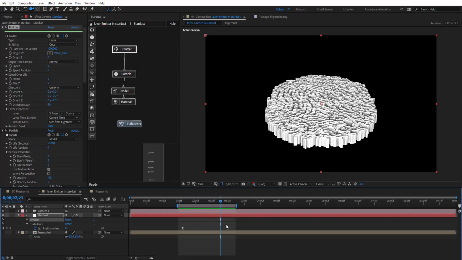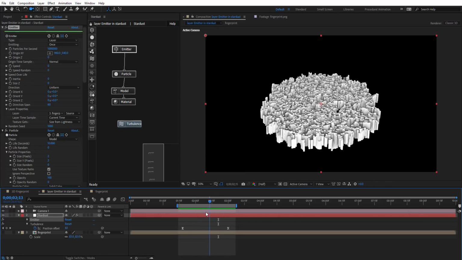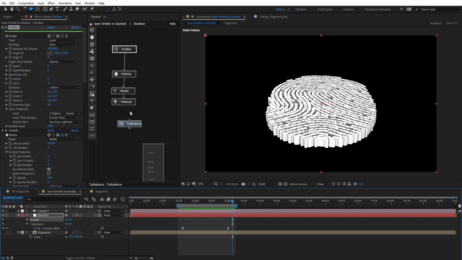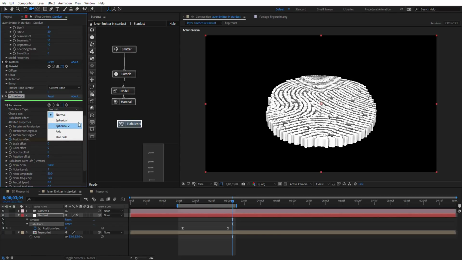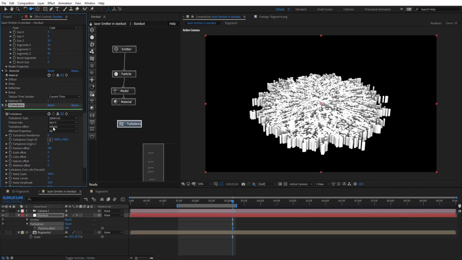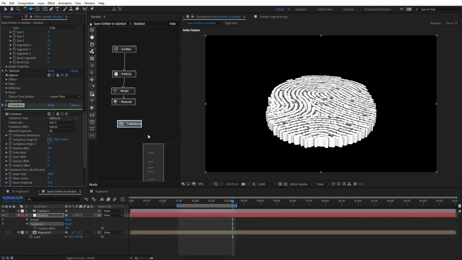And so now you see that we're emitting the particles from our layer, and we can use the power of other nodes to make cool effects. And this actually was pretty simple. We didn't do a lot to create this, and we can make this even more interesting. For example, I can just use the sphere turbulence type. I'm not going to animate this anymore, and just maybe get some nice looks for this. Let's change from infinite to sphere, and let's turn on the helpers